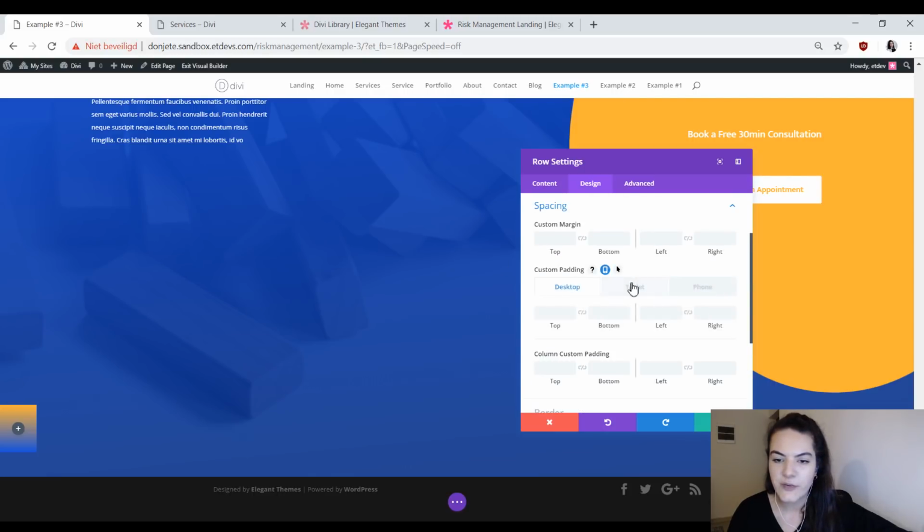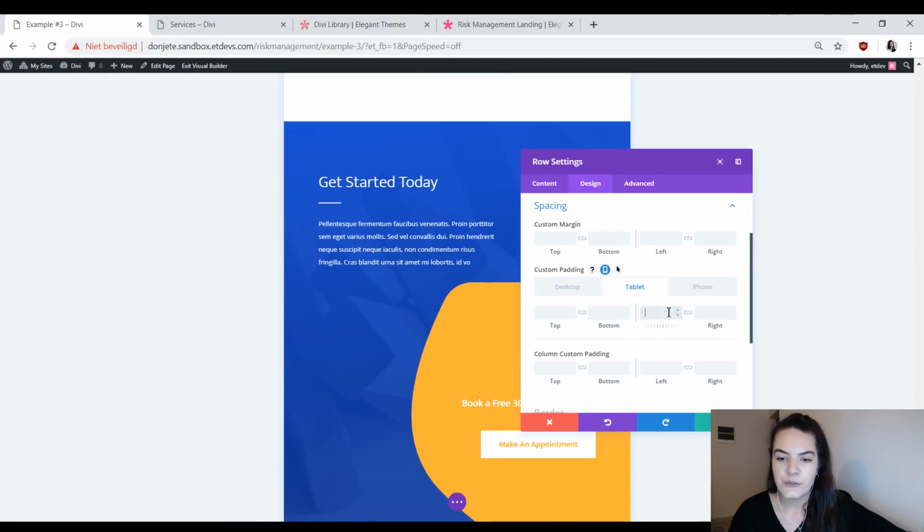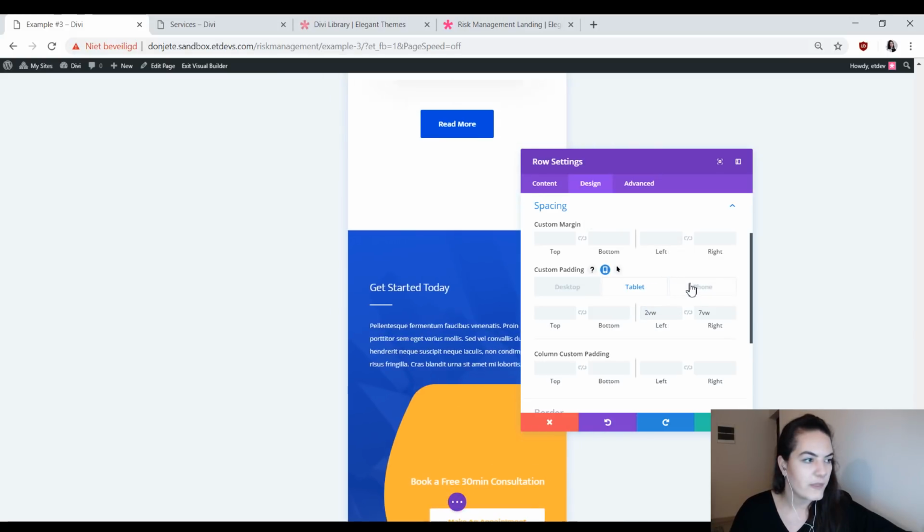Enable the responsive options over here, go to tablet and add to the left and 7 to the right. And then on phone, we'll use 1 for the left